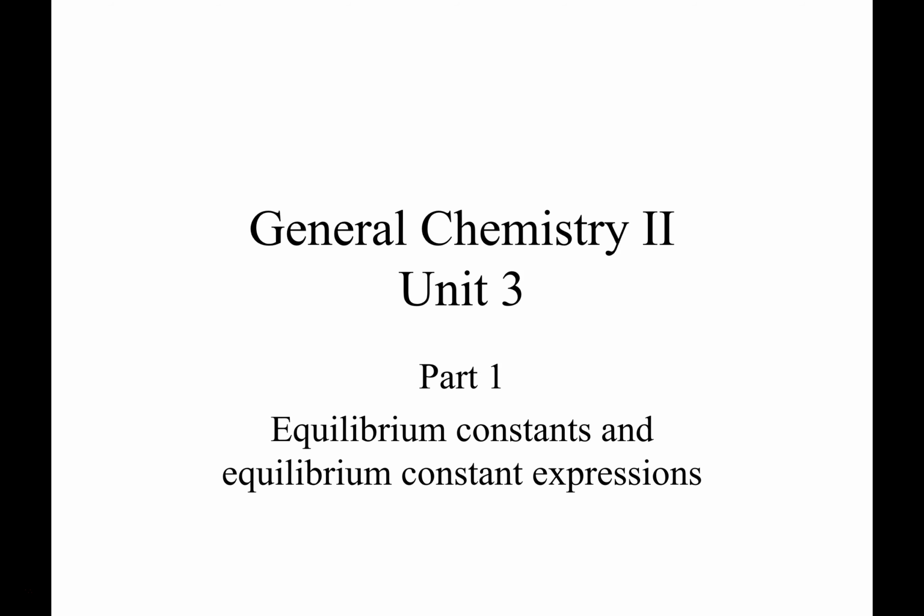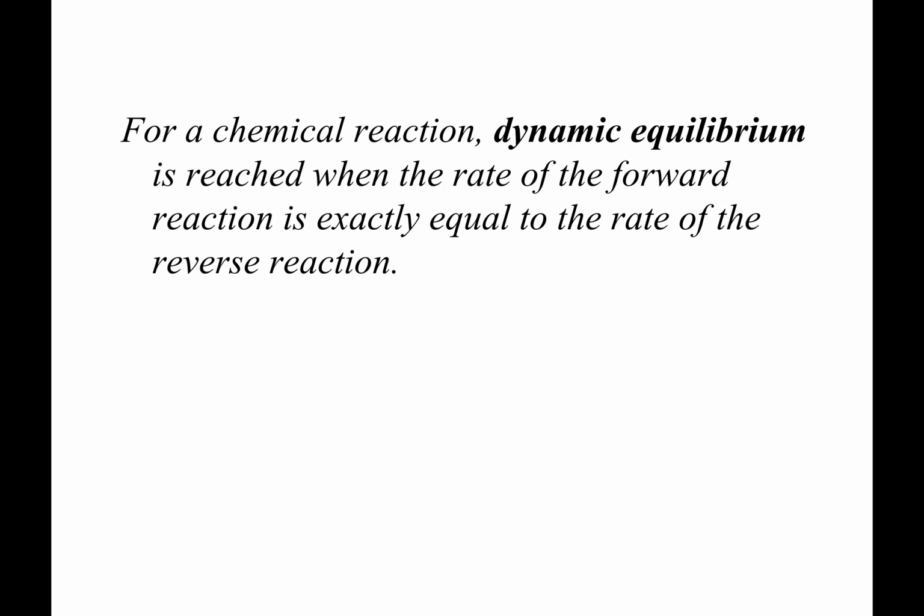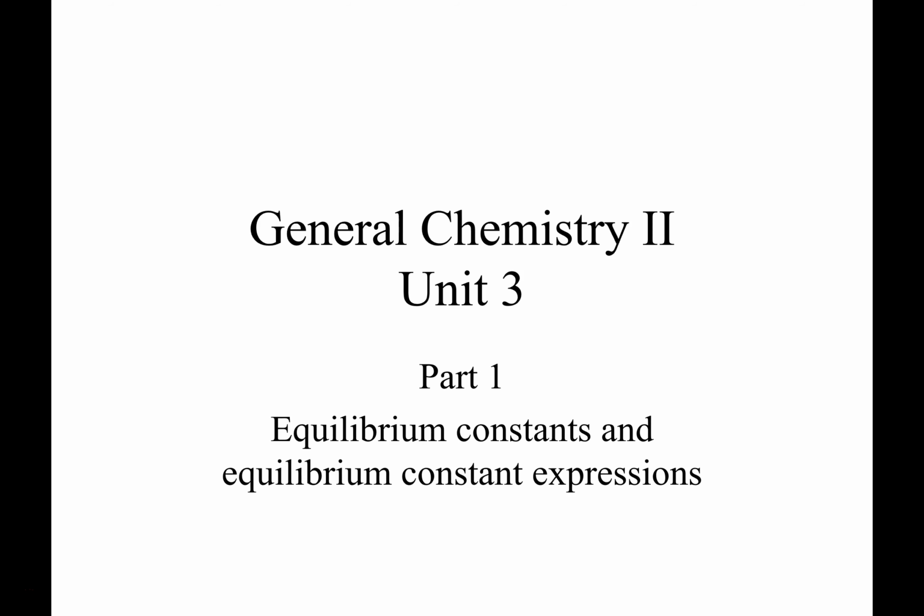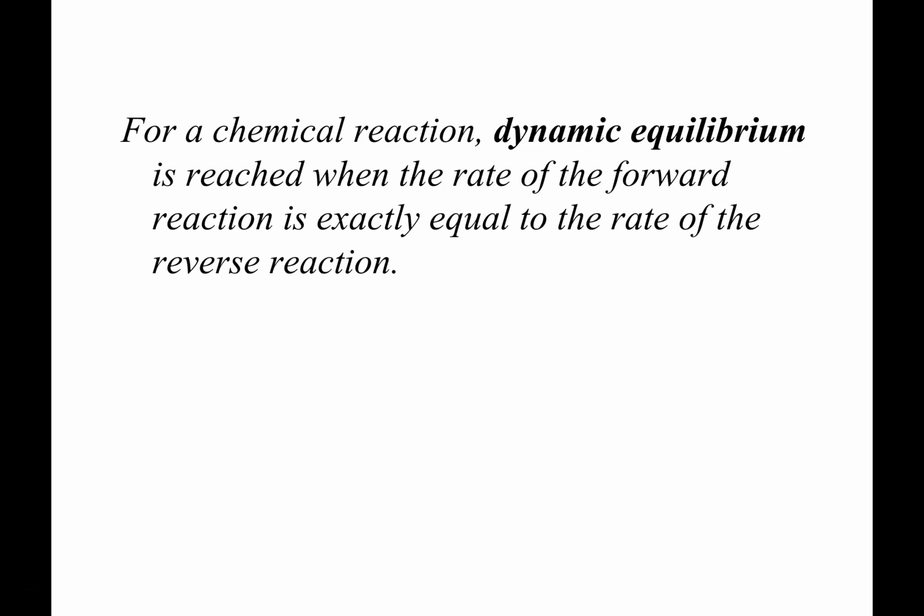So we've talked about equilibriums already, and something might ring a bell when we get to that part. But in general, an equilibrium is something kind of going back and forth. We're going to talk about our generic chemical equilibria first, momentarily, where we have two reactants, reactant A and reactant B,